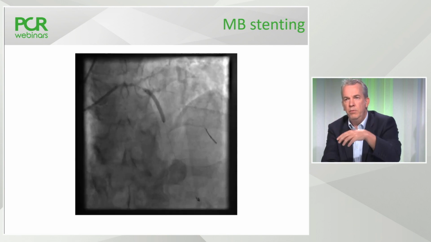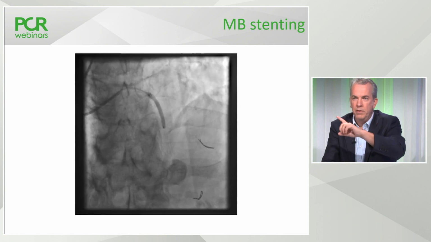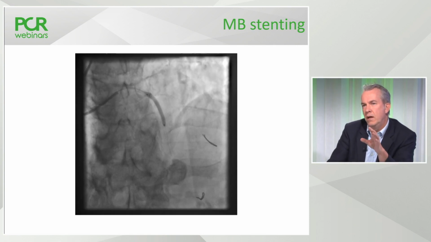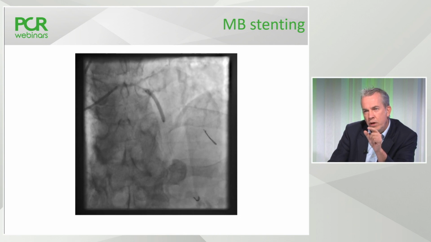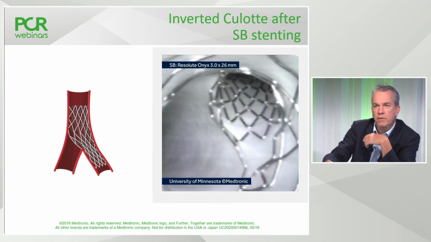You can see here we've used quite a short overlap, because one of the questions that was coming up, with only a few millimeters of overlap, where we've got double layer of stent. I'll just go back to share with people the